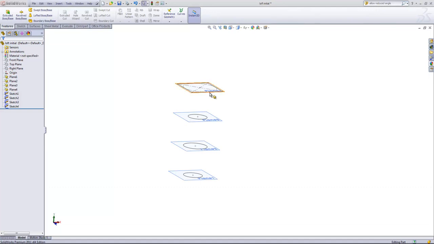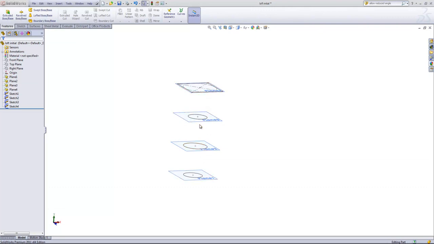So by now you've probably used a sweep feature before. A sweep involves a profile dragged along a path, and while it's a fairly useful feature, it's fairly limited in terms of the profiles that you can create. A lofted feature allows you to use two profiles or multiple profiles to create a solid geometry instead of having